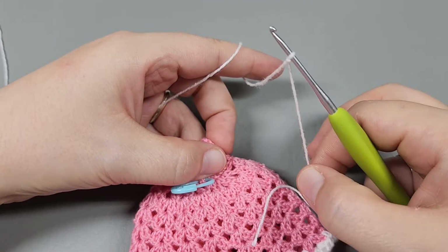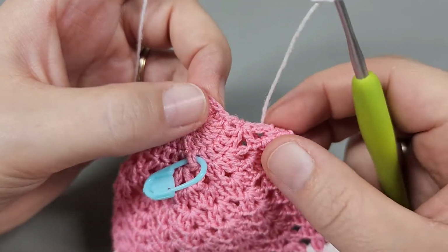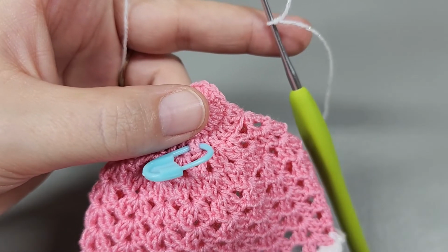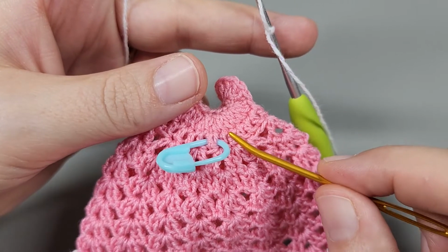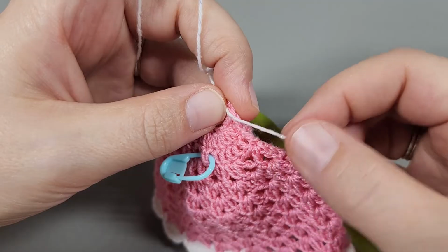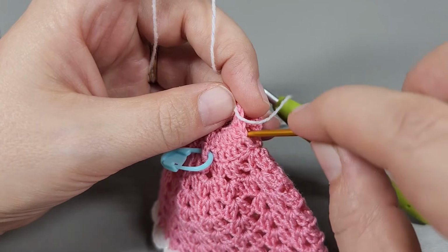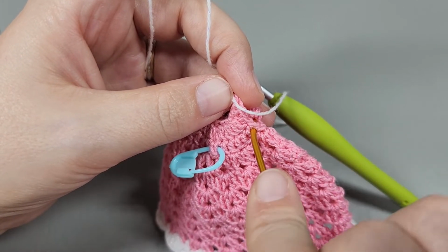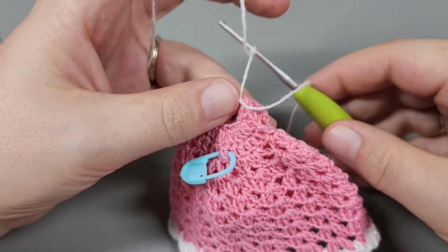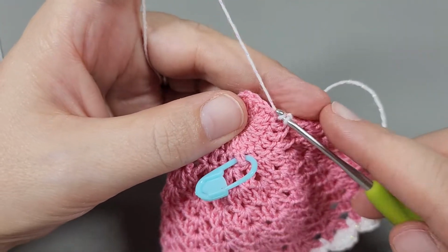Alright, so what we're going to do is get your slip knot on your hook, pull it, bring your dress to you, and that double crochet right there. So this is the front of the dress, here's the wing. So if you see round 2, these double crochets right here, in the armpit of the wing right there, we're going to go around the post of that double crochet. I hope that makes sense. Hope you guys understand that. Alright, so we're going to slip stitch around that post,